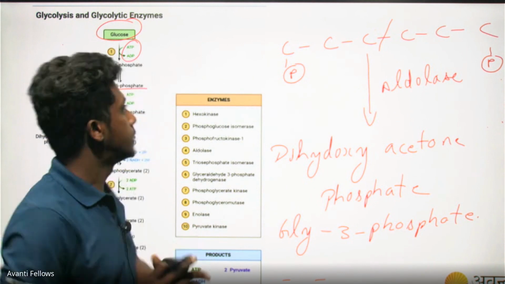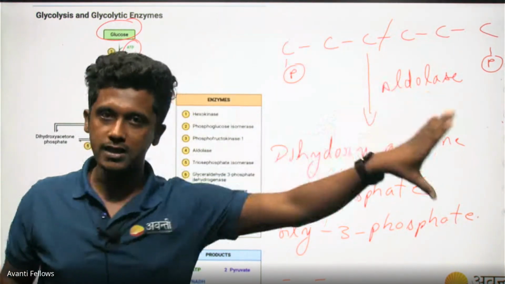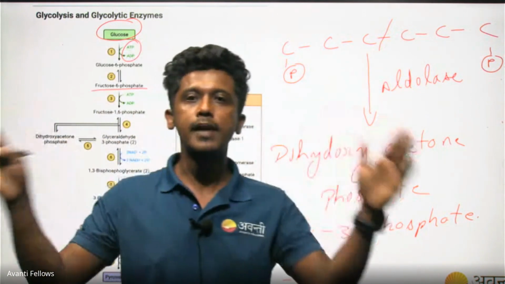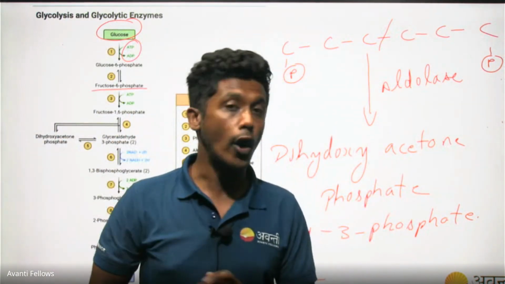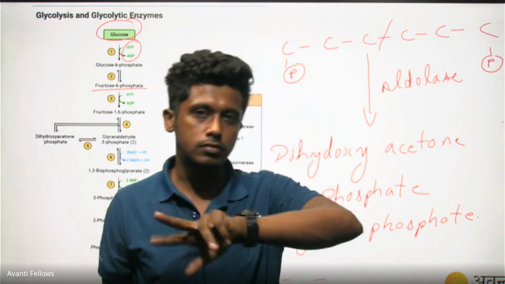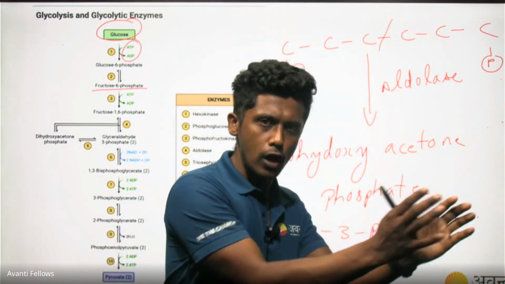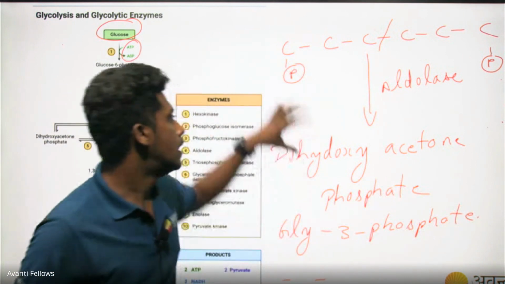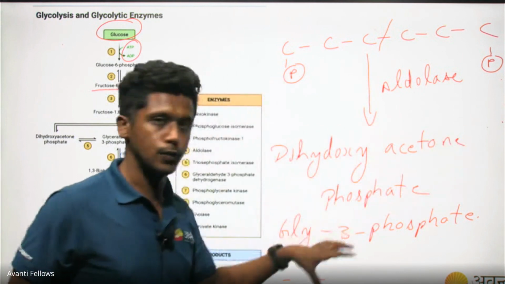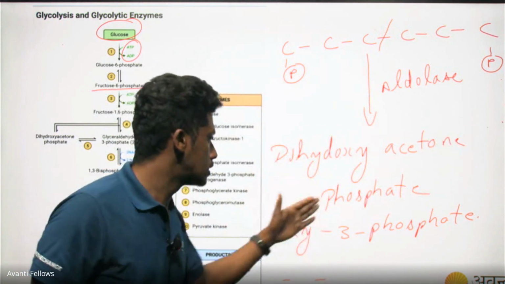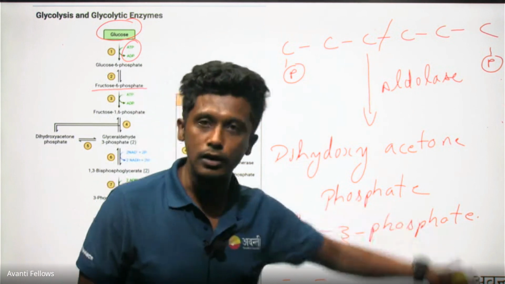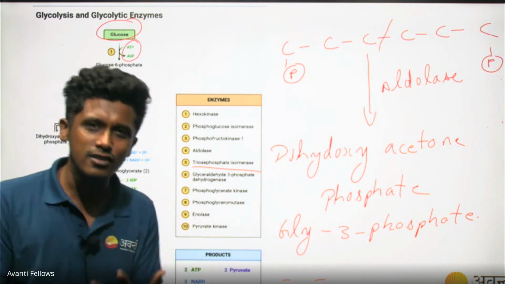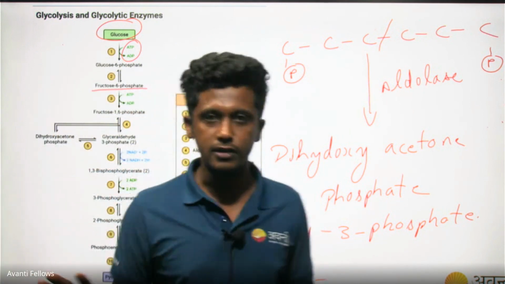Let's assume that I have one molecule of fructose 1,6 bisphosphate that has 6 carbon atoms. If I break a 6 carbon molecule into half, what do I get? I get 2 chains, right? One 3 carbon containing molecule, and another 3 carbon containing molecule. Let's say that I get dihydroxyacetone phosphate. This can be converted into glyceraldehyde 3 phosphate through another isomerase. This is an isomerization reaction. It's the same formula but different structure, as simple as that.